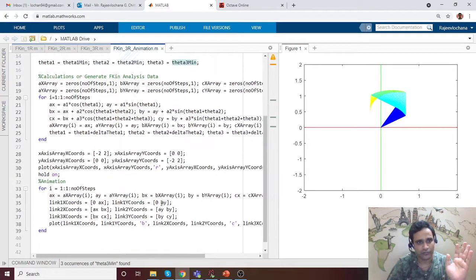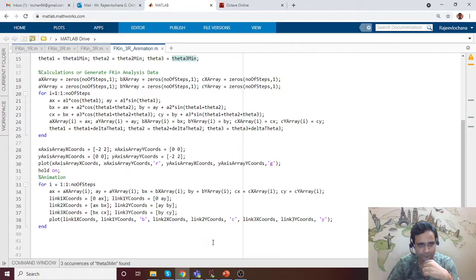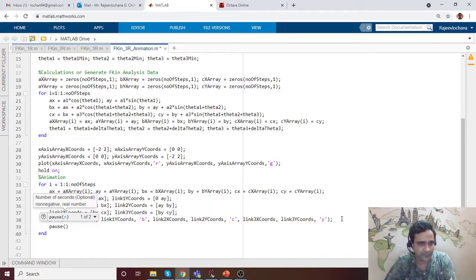To do that, what we can try is, let me close this. There is a pause function and you can give a number of seconds, 0.001 or maybe 0.1.